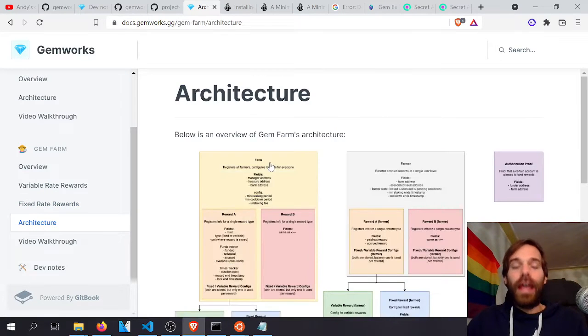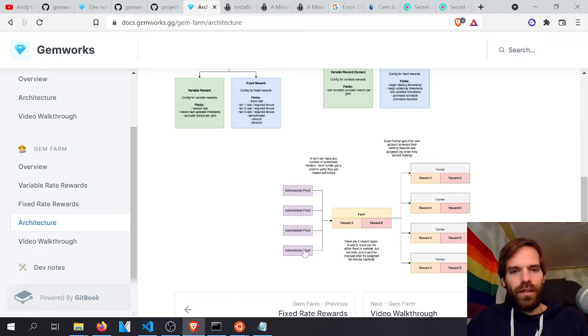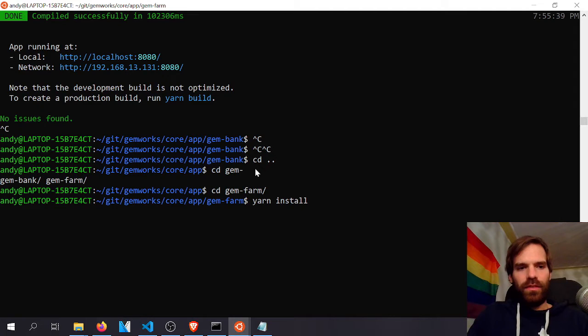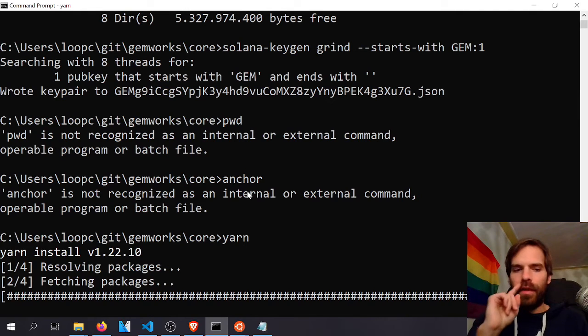Here we start the actual video, right? This is how this farm works. It's a farmer. I authorize again as with the bank, and then I have farm up to 2 things, right? So there are 2 reward types, A and B. Now, while this is installing, let's have a look if I could just also do it here. And if I deploy it without anything else, if that would already use a bank that is deployed somewhere on